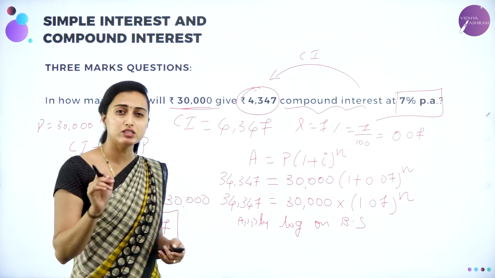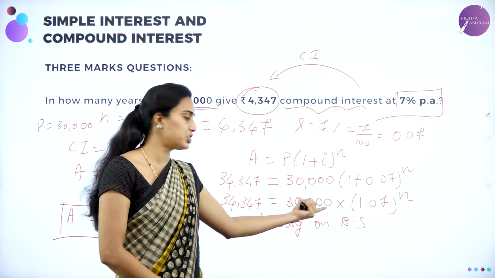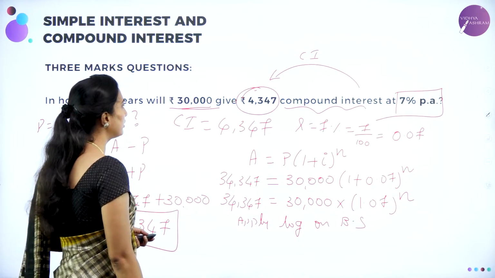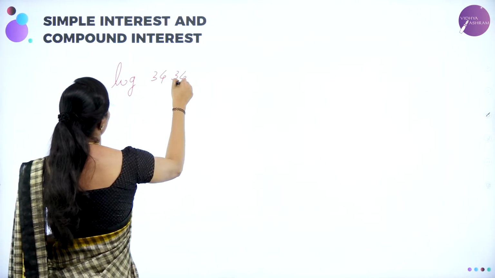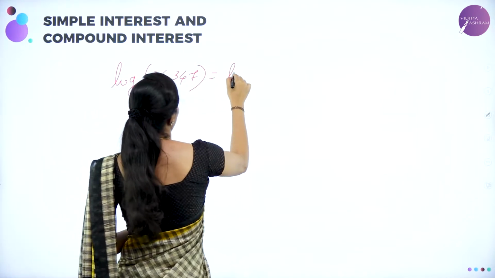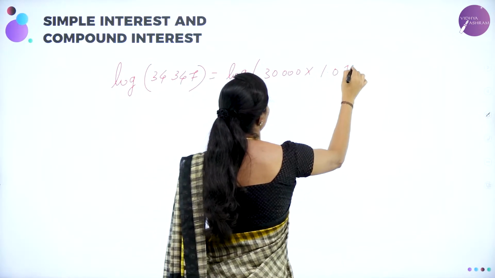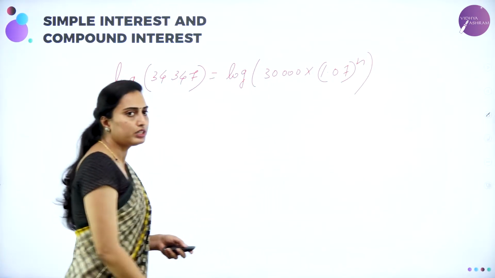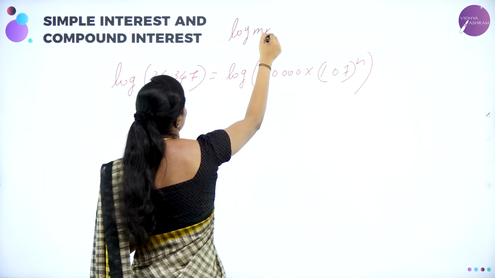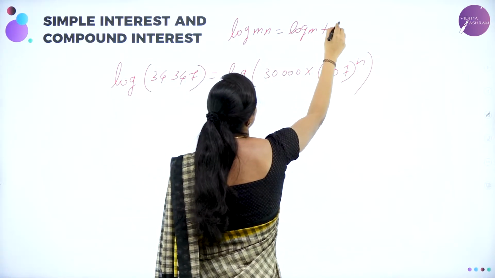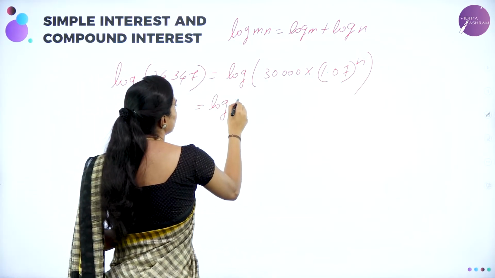Now dear students, if they ask you to calculate n, you have to apply log on both the sides after having the multiplication here. So applying log on both the sides, you get log 34,347 is equal to log of 30,000 into 1.07 whole to the power of n. Now this will look like log of m into n. What is log of m into n? Log of m into n is log m plus log n. Now you can have log 30,000